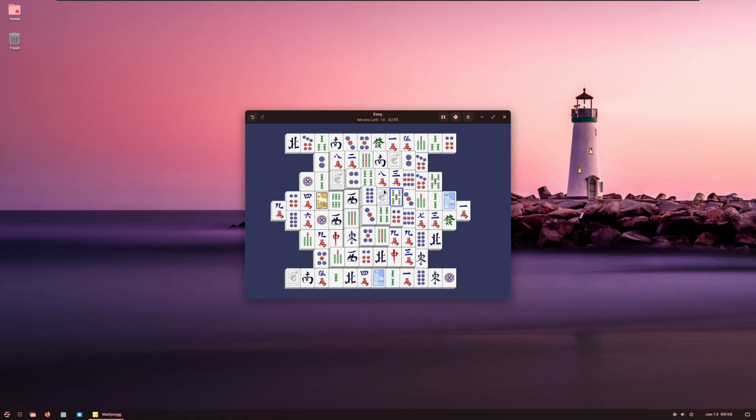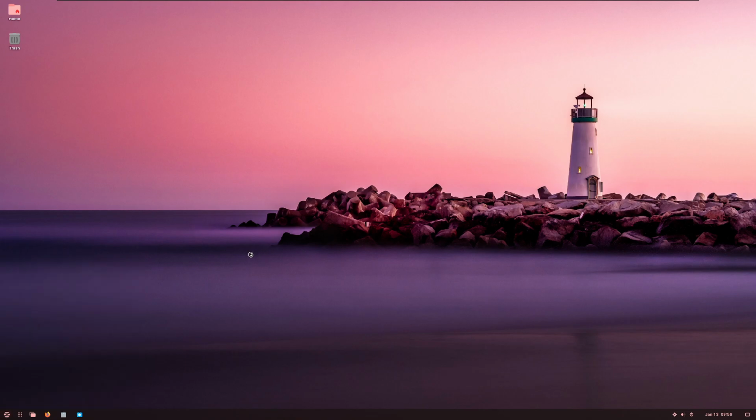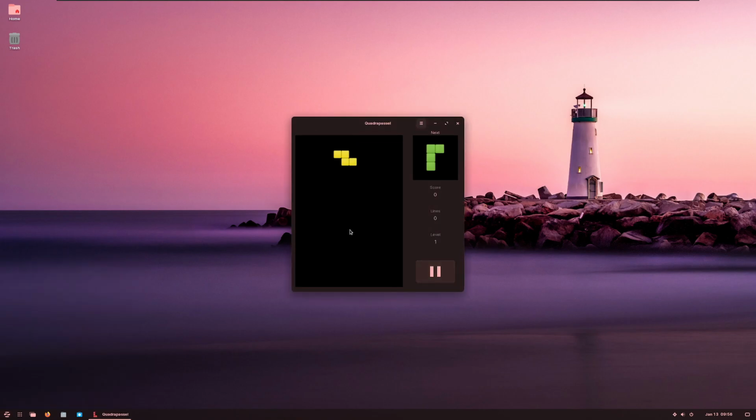I'm not going to sit there. There's also Mines. This is probably going to be similar to Minesweeper. Yep. Not super amazing at Minesweeper, I'm just not good at it at all. Quadrapassel? I don't know what this is. Oh, okay, so it's like